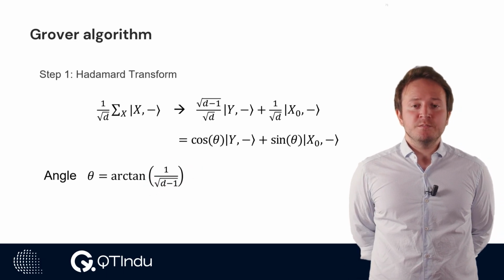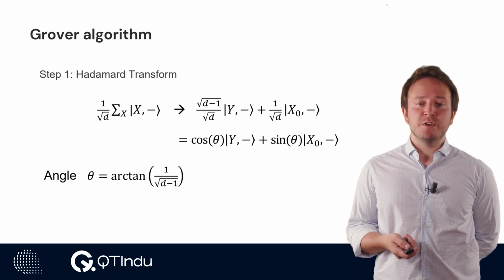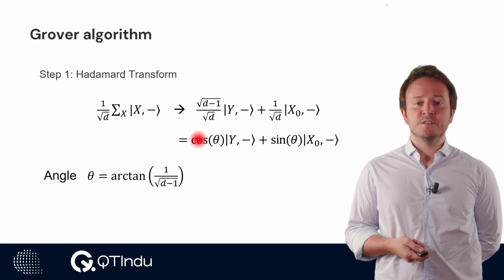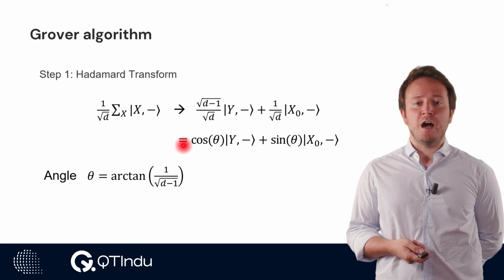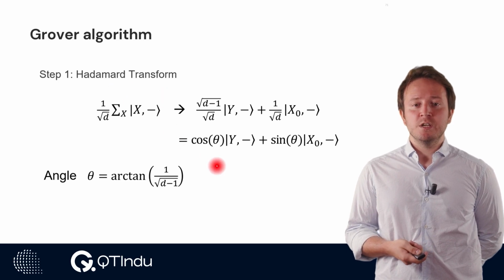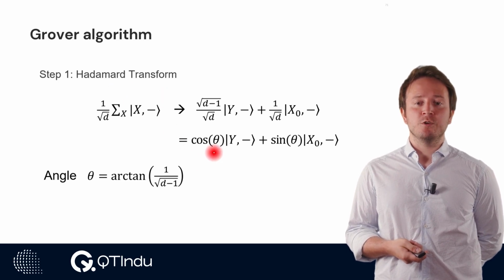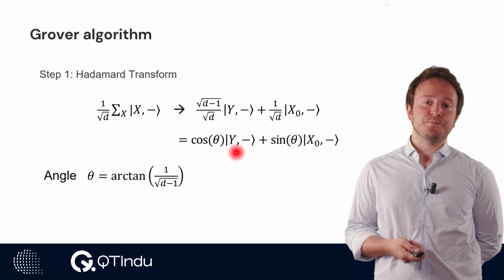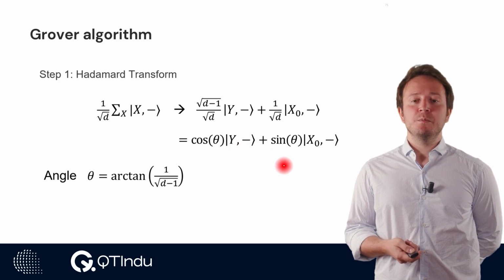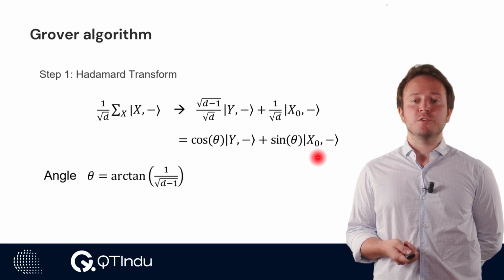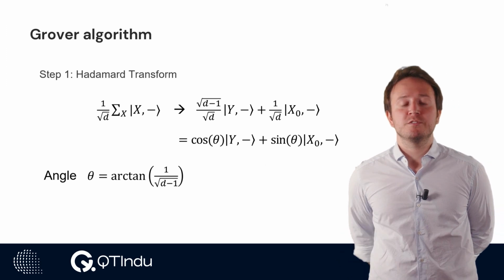This is very convenient because now we can rewrite this formula in terms of cosines and sines. In particular, we see that the output state of the Hadamard transform will be cosine of this angle theta of y, tensor product, the minus state of the ancillary qubit,